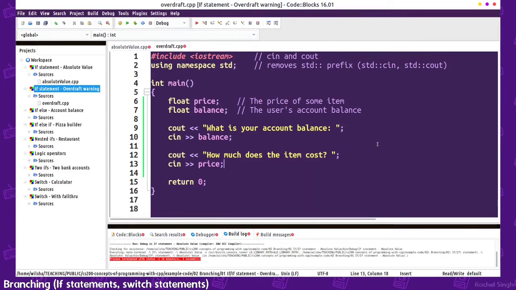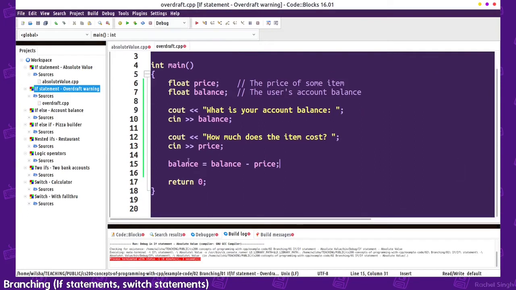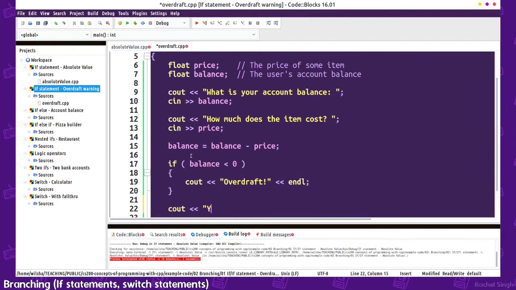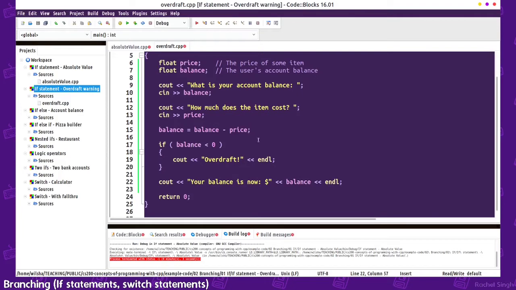And then here we can remove from balance whatever the price was. So we're taking the balance and subtracting the price from it to set the new balance. And we can say if the balance is less than 0, overdraft. So then we can say your balance is now. So if they end up going over, basically if their price is more than what they have in their account,